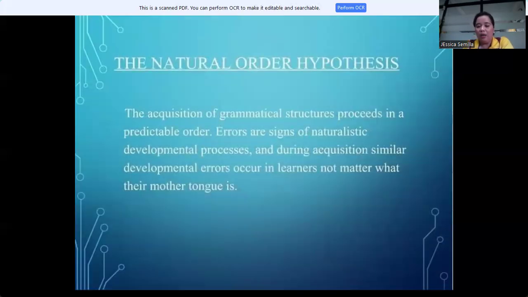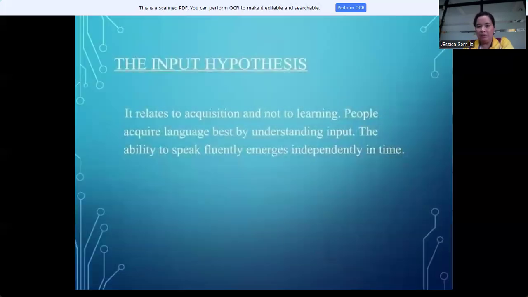So after acquiring, trying to pattern it with the rules. After that one, you try to have the natural order in a way that you try to look and develop it through time. And after that, there is what you call the input hypothesis. The input hypothesis relates to acquisition and not to learning, meaning as you try to use it, as you try to